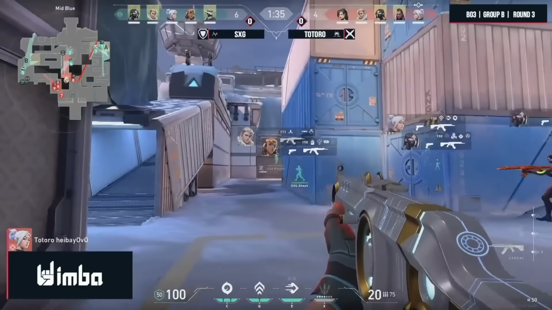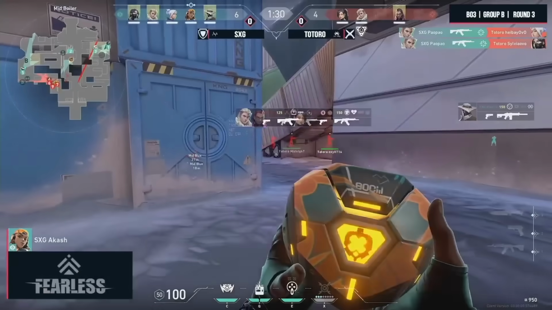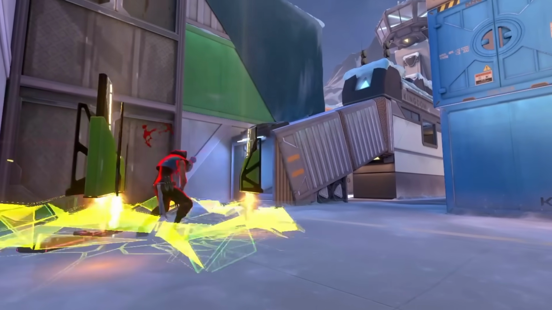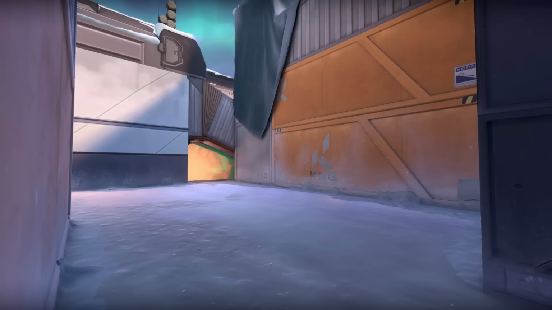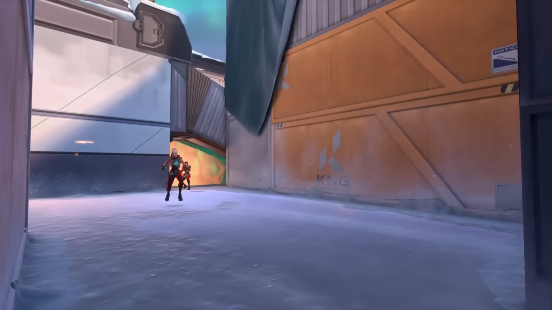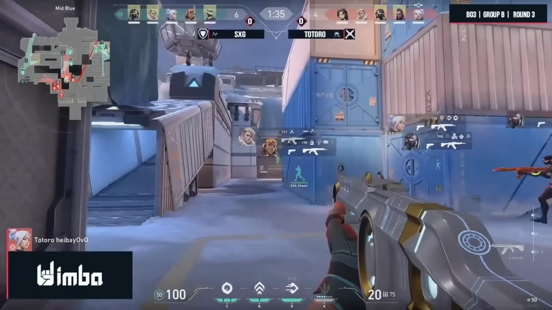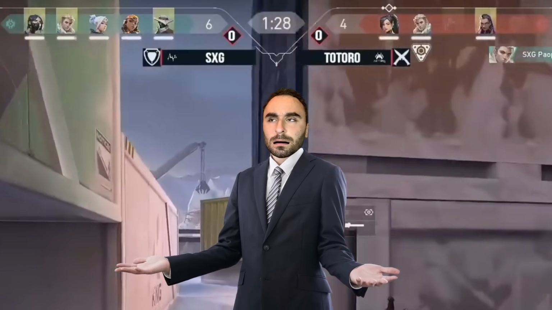Peeking mid dry like this is again stupid. This part of the map is a natural high-low. Now, don't get me wrong, you can mid-split on this map once, maybe twice to catch the defense off guard, but not like this. But now that it's a 5 versus 3, this should be an easy win for XXG,